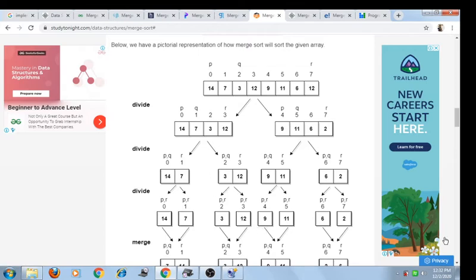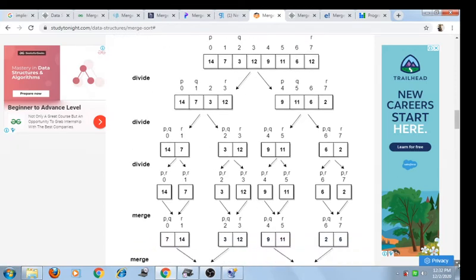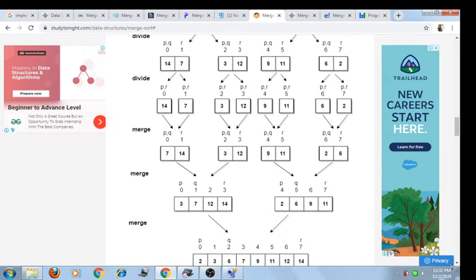So this is the divide rule. Now we can apply the merge technique, that means the combine technique, on these sublists. Here 14 and 7: when we merge this list, we can sort these elements. So 14 and 7. 7 is less than 14, so 7 comes to the front position and 14 into the second position.